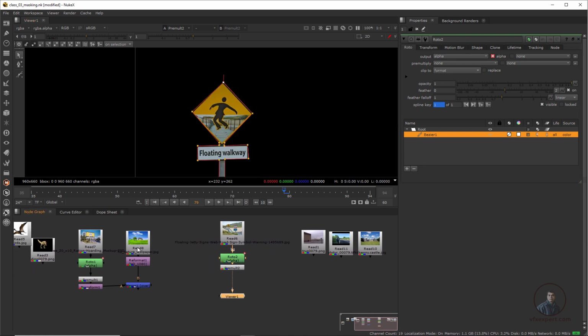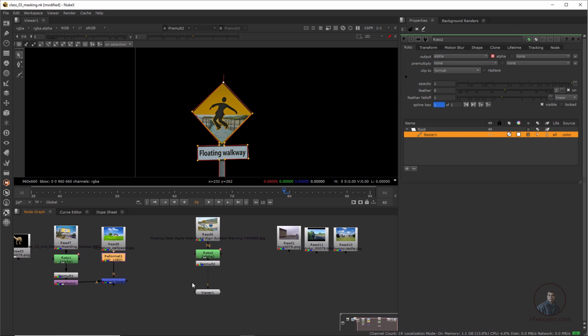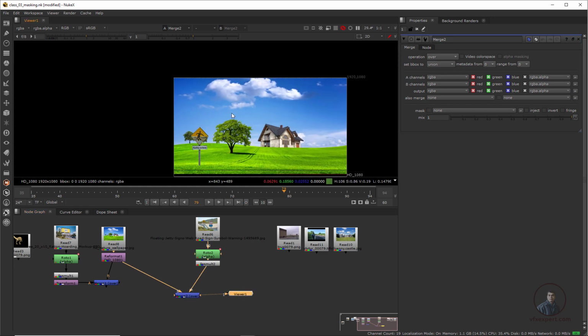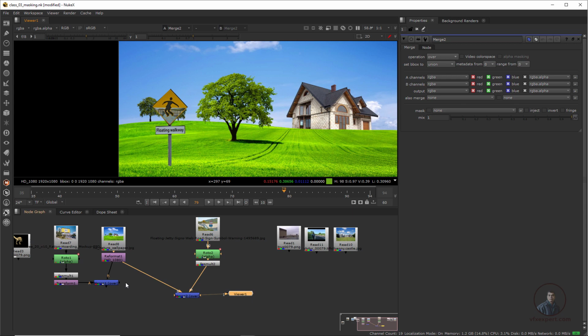So now I'm going to composite on our same background here. If you want, you can copy and paste and create it differently, but you can also take it from here. So I am going to use a Merge node, take a Merge node, take the output from here and connect it with this one. This will give you a different compositing, and now you can see, from any node we can take multiple outputs. One is going to this compositing and the second is also coming into this compositing.